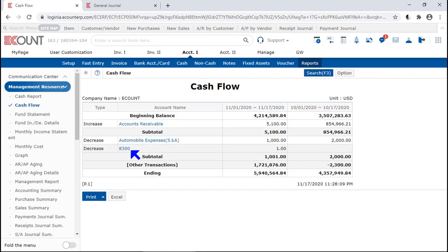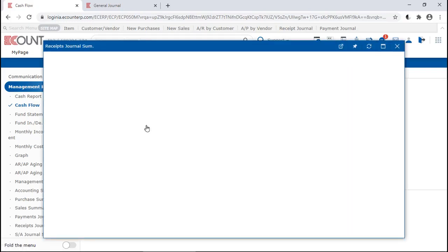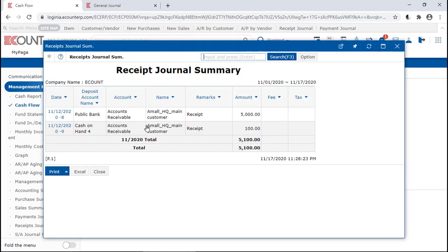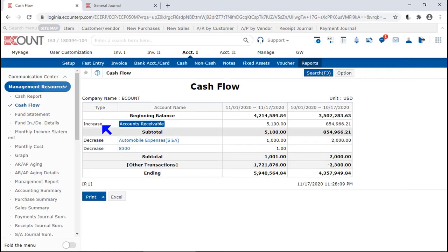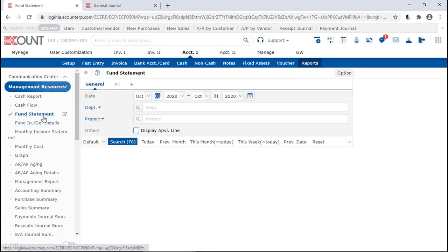Then the funds increase and decrease data entered in Payment and Receipt Journal will be displayed. You can click on each account, and it will be linked to Payment Journal Summary or Receipt Journal Summary menu. Next, we will discuss Fund Statement menu. In this report as well, you can set the date range, department, and project. And if you click Search button,